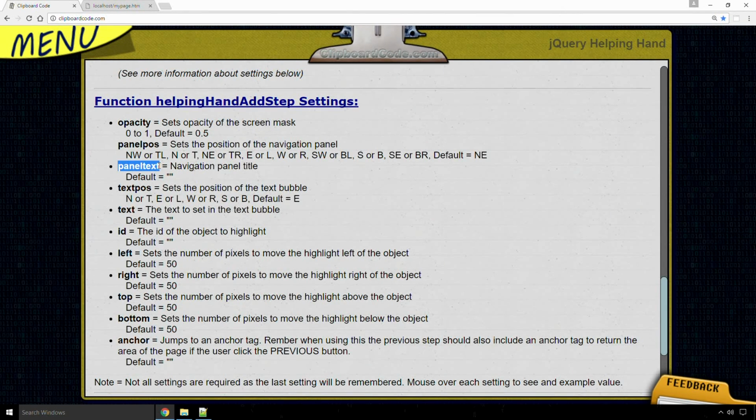Panel text, this is kind of like a title to the navigation, in case you want to say, hey, use this panel to navigate. There's optional text you can put in there. The text positioning, this is the text that pops up near your navigation area, and you can put it north, south, west, or east of your highlight area. Really important, because if you're on the left side of your screen, you don't want your text to be on the left side of the highlight because it'll be off the screen, so you probably want to move it over to the right side. The text you want to actually display, the ID of the object you're highlighting,